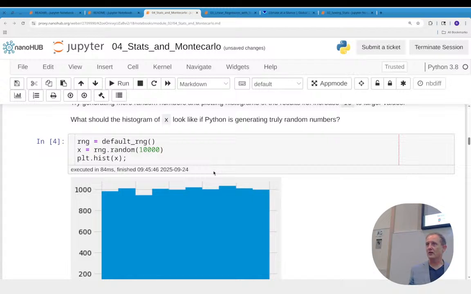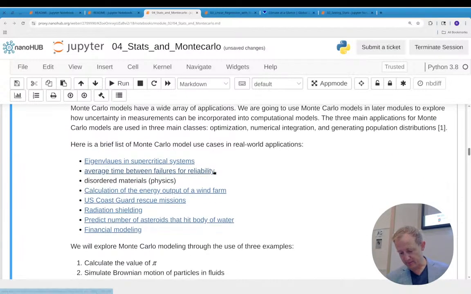for Monte Carlo predictions, where if you have random numbers, you can start making calculations. So it's used all over the place for reliability measurement. Like if you have some kind of manufacturing process, and you know the probability of failure in multiple steps, you could use Monte Carlo to figure out how to propagate that through the entire assembly, things like that. US Coast Guard uses it for rescue missions. Radiation is another big one because